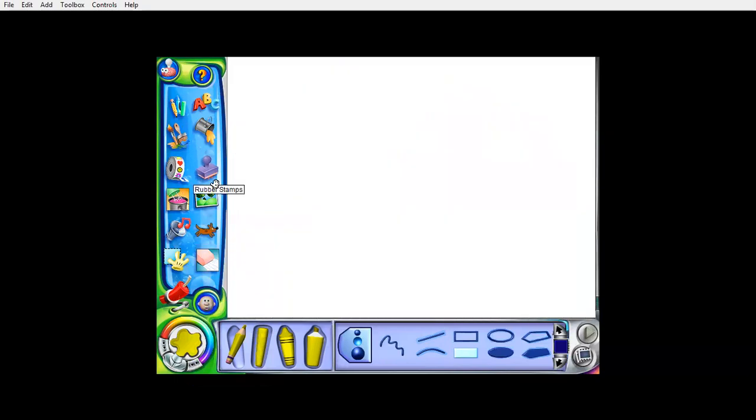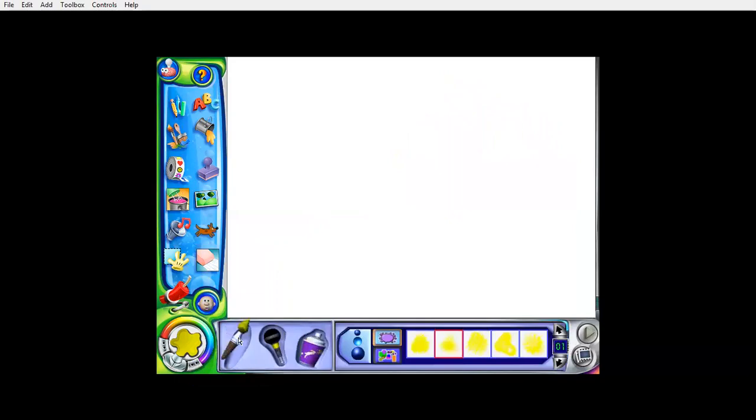Now it's time to start with the paint tool. In the paint tool, I have told you about the brush and I have told you about the spray. Let us take the brush tool. In the brush tool, again, there are two things. One is realistic paint and another one is these shapes. So you can choose whichever shape you want, because the shapes look very interesting.